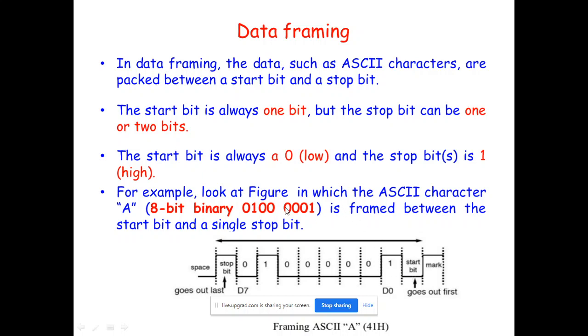Here again we are sending from LSB to MSB, that is 1 0 0 0, then 0 0 1 0, and then the stop bit. In this fashion, the whole data is placed with LSB first. Start bit, LSB first up to MSB, and then the stop bit. Now this is your package of 10 bits. Suppose you want a package of 11 bits, then there are 2 stop bits. That is the only difference. In this fashion, data is not sent directly from one device to the other.